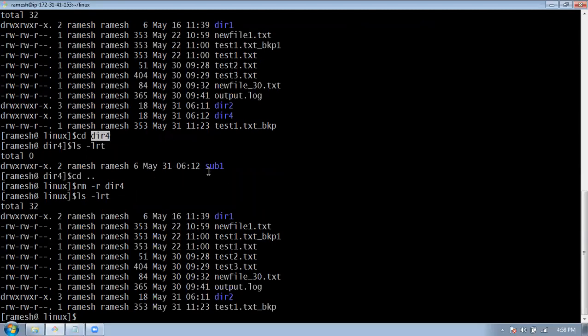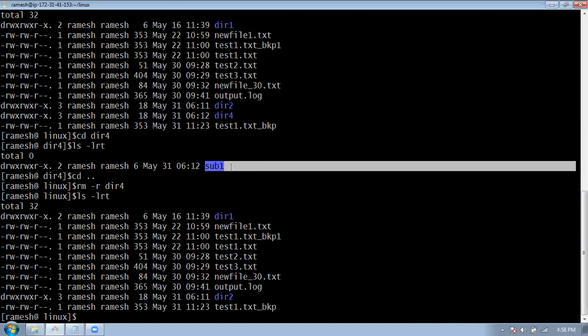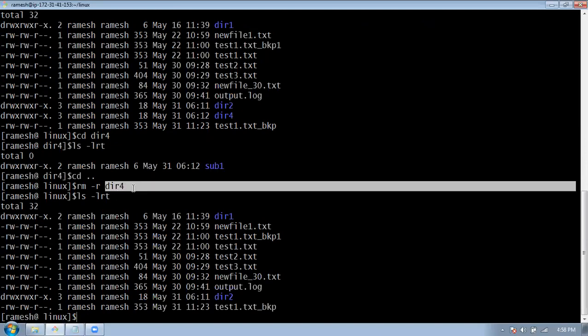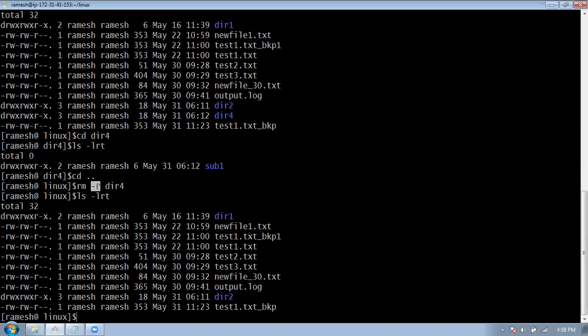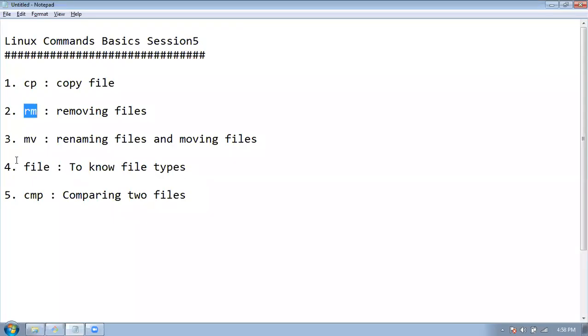So the files inside this are also deleted. The files inside that subdirectory also deleted, and the directory also has been deleted. Now it's not available. You can use option R to remove the directory. This is how we use rm command to remove the files.